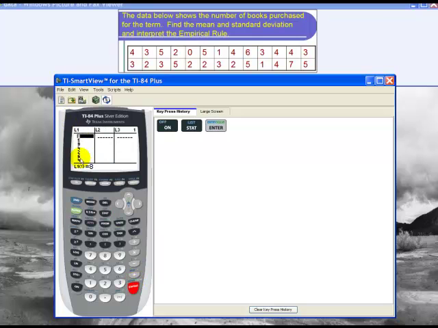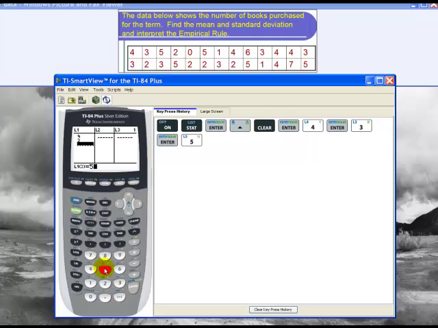Now I have stuff in L1. I need to clear that out. So I'm going to hit the up arrow to get to L1 and then hit clear. Then hit enter, and that clears out L1. Now I just type in the numbers. I have 4, 3, 5, 2, so I type in 4, then enter, 3, enter, 5, enter, 2, enter, 0,